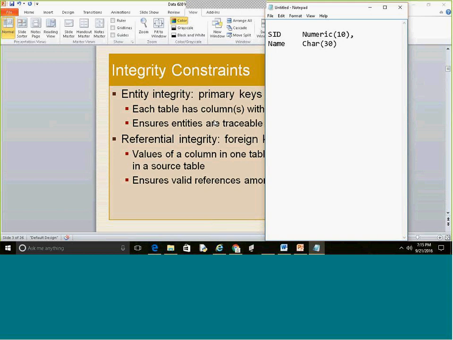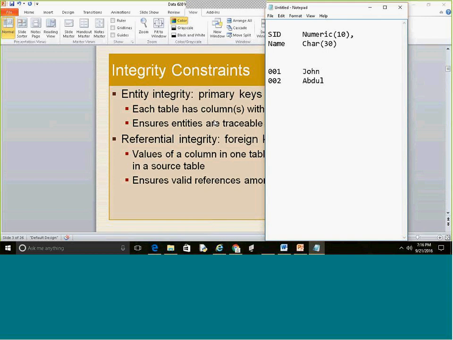So if you are creating a table with 2 columns to store student ID and name, and you want to maintain uniqueness of the table, in order to maintain integrity of the data, you need to make sure the entities are traceable and you do not enter duplicate, redundant values. What I mean to say is 001 is the student ID and I'm telling John, and 002 should be a different variable,